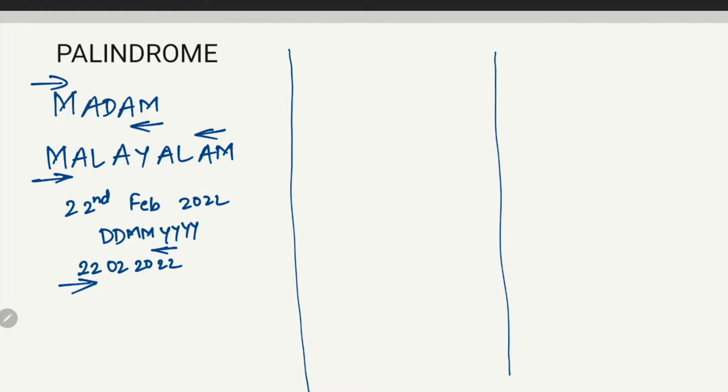Now let us see a way to check if a given string is a palindrome. I'm going to show two ways. First is a simple way, and the next one is a faster or an intelligent way. So we'll create two functions. In a simple function,